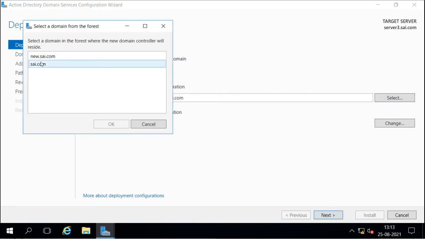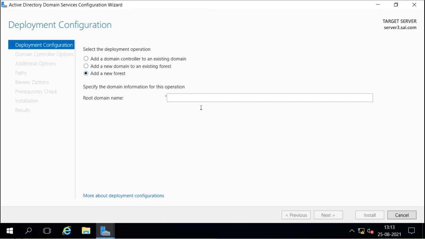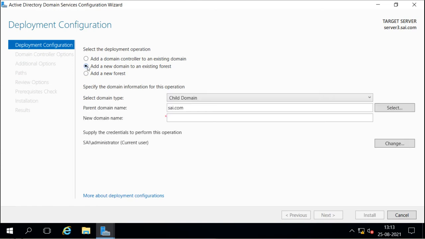You want to create a new domain controller in this root domain, or in this child domain. So you get two options there. Now if you want to create a new root domain, then you will select this and create a new forest. But now I want to create a new domain in our existing forest. If I want to create the child domain, I get two options here.